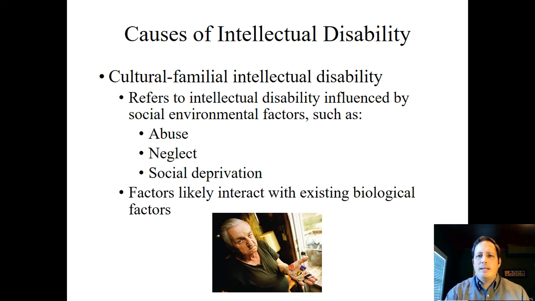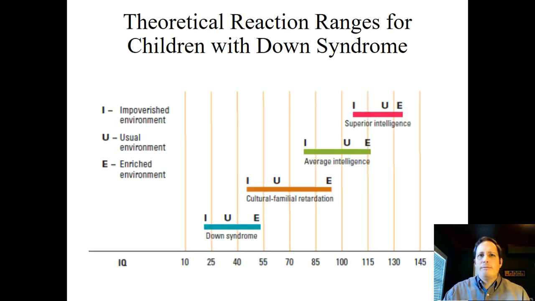So if you have somebody that's pegged pretty close to the line, let's say they would naturally have maybe about a 76, 78 IQ, a little bit above that cutoff, and they can function decently, but then you put them in an environment that has things like abuse and neglect or social deprivation, and you dampen that potential to below 70, and that's where a child might qualify for an intellectual disability, where genetically they maybe wouldn't quite. So what they refer to this phenomenon as is a reaction range.